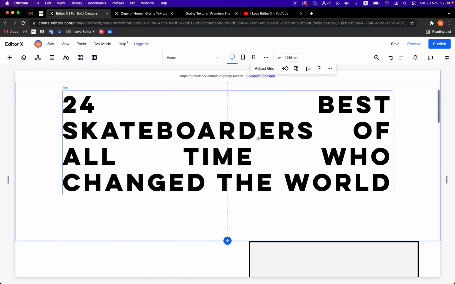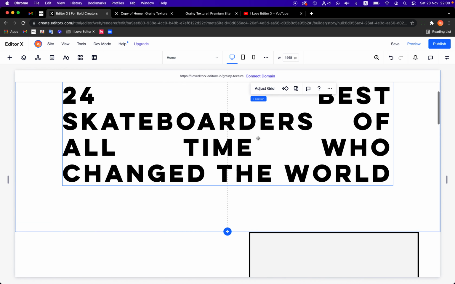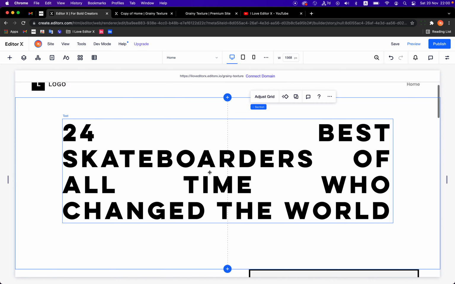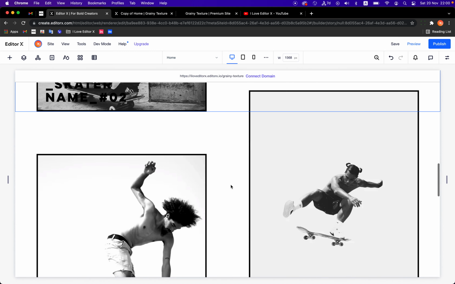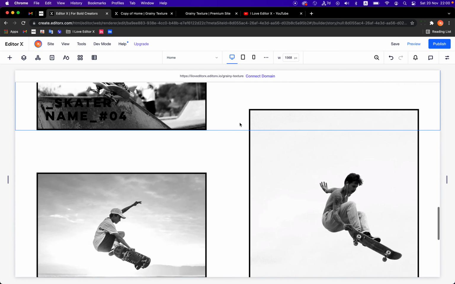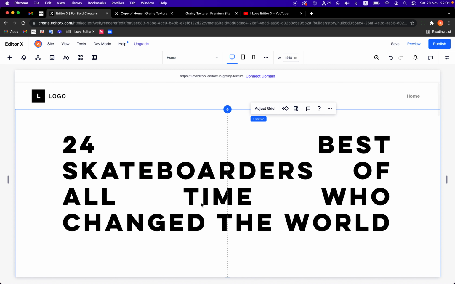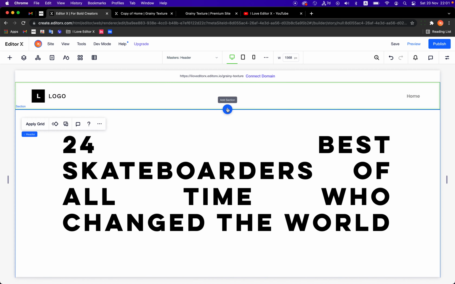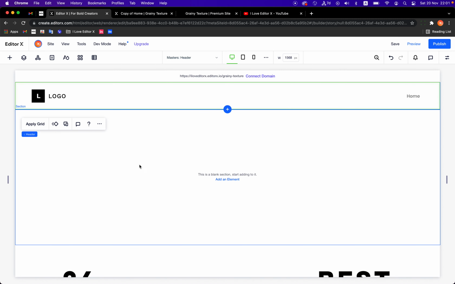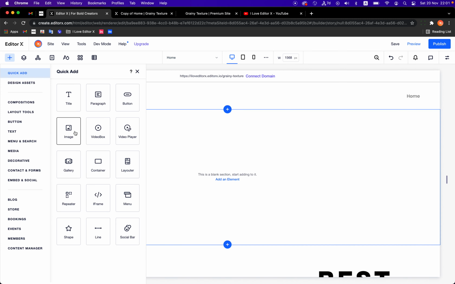So I have a really simple website. I have the hero section, header, a few sections with images just so we have something to scroll, so we can see that we are scrolling, and a footer. Alright, so first of all, we need to create a new section, and this section will hold our background image